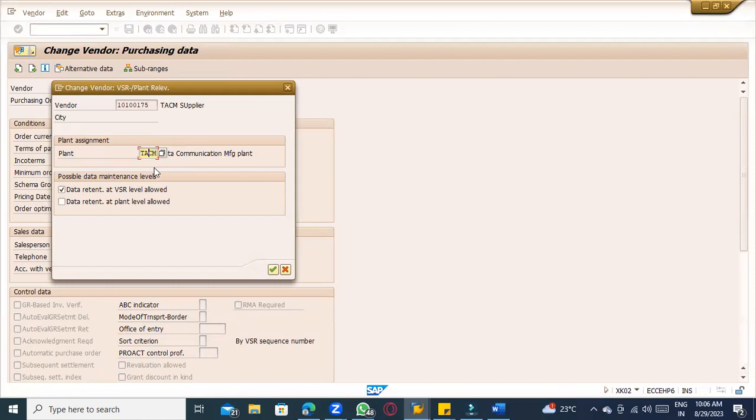If you want to create a new vendor number, you have to remove the old vendor number here first, because it is possible only for one vendor number per supply plant. If you want to use the same vendor number, no problem. Okay,